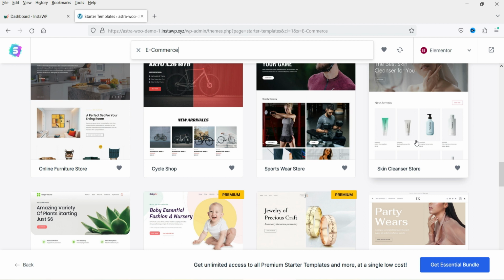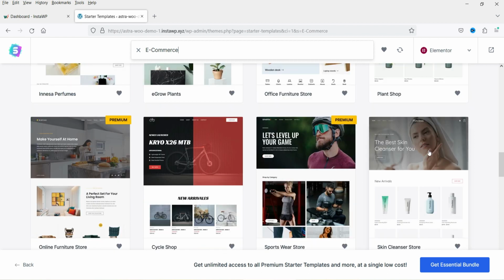Now these templates are according to different businesses. If you do not see your business here, you can use any one of these templates and you can replace the products which are there in these free templates with your own products. So if you're creating a website, let's say for shoes, and if you do not see any sample layout for the shoes, you can select any sample layout that you think is good, and after that you can replace the images and the products with your own products. Now in this example, I'm going to select this one, so I'm going to click on it,